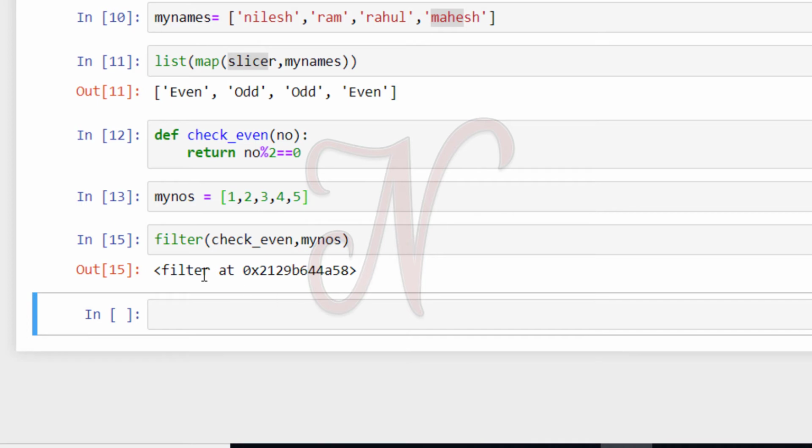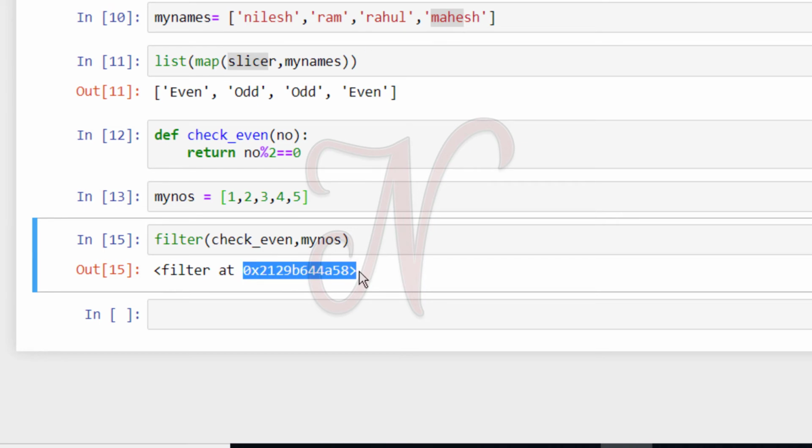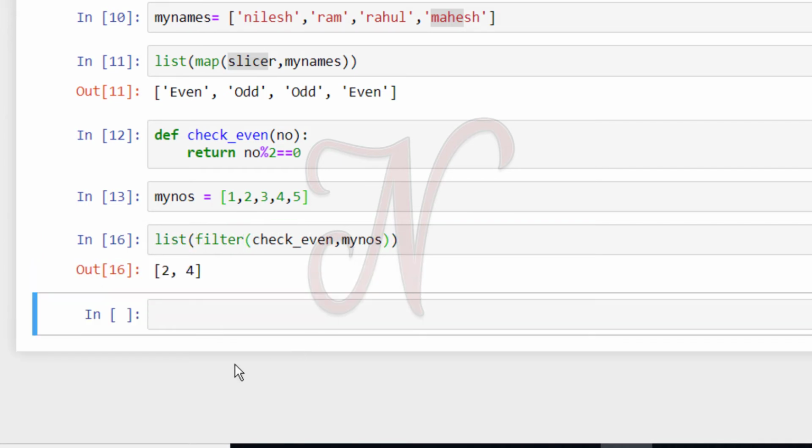Okay, see here, filter is done at this memory location. So when you try to print all these elements, use the list function. See here, my output is 2 and 4. So the syntax is the same as the map function.